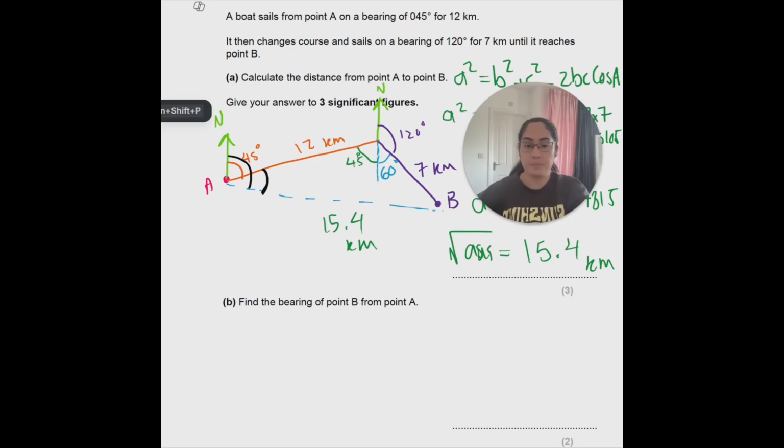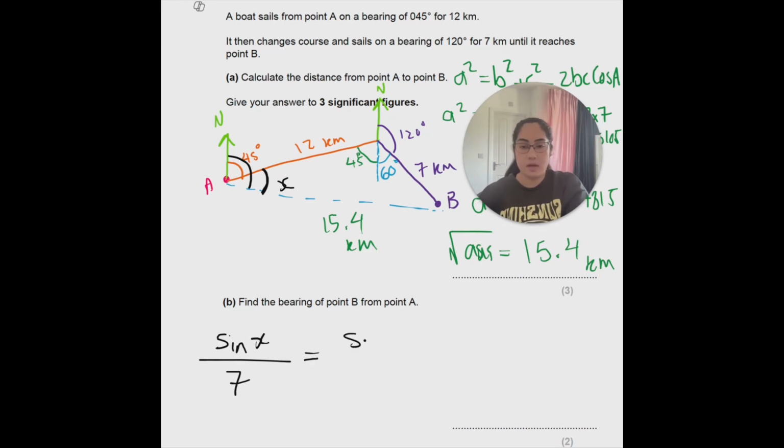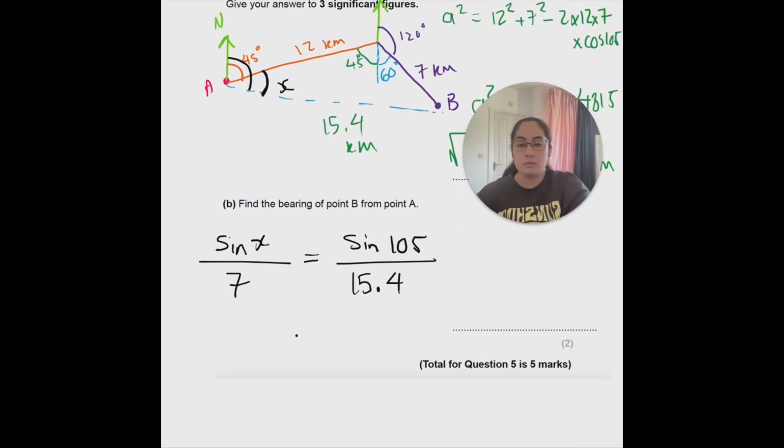So here we're going to use the sine rule, right? So if I call this x, we're going to say sine x over the corresponding length, the opposite length is 7, is equal to sine 105, which was the angle that we had for this, over the length which we calculated from the previous part, 15.4, right? So if we rearrange that, we're basically going to put this into your calculator, and then whatever answer you get, you're going to times that by 7, right? That gives you what sine x would be equal to, which is equal to